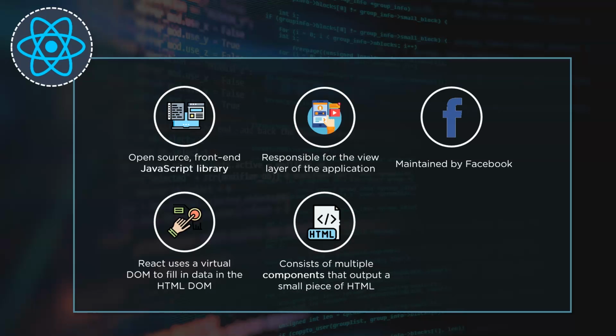Now a React application consists of several components that output a small piece of HTML that is visible to the user. And lastly, the most important feature is the fact that React uses a language called JSX, which is a hybrid of JavaScript and HTML. React also goes beyond simple UI and has many extensions like Flux and React Native for complete application architecture support.